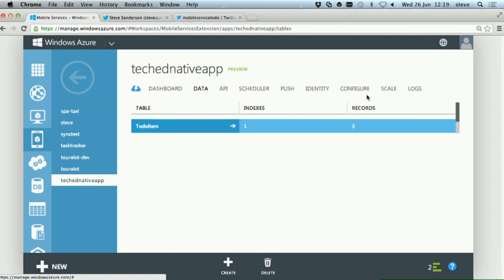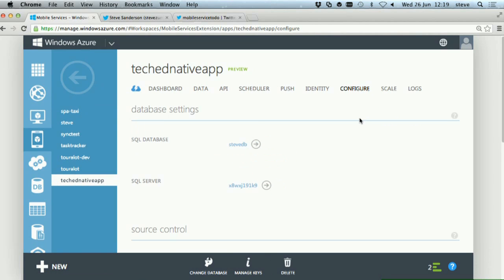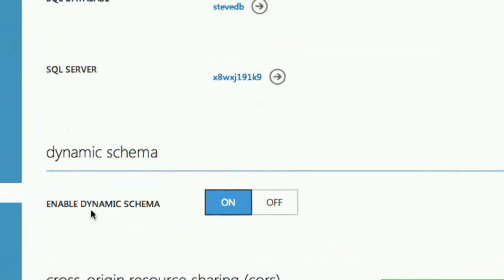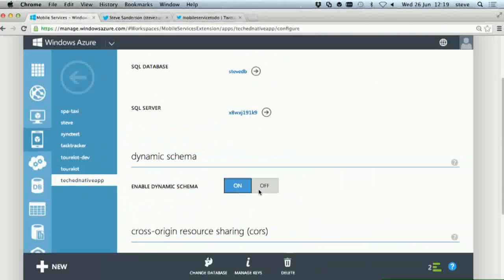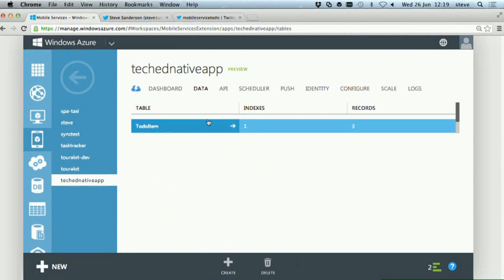Now, when you go to production, you should turn that feature off, because if you don't, people might send you unexpected data and you would just start storing it. So there's this big, fat blue button here on the Configure tab, and you should turn that off when you go to production. But in development, it's really nice to leave that on. Right. So it did work.